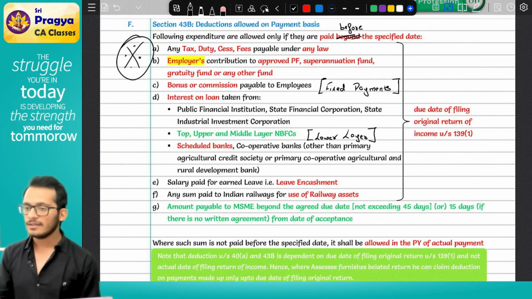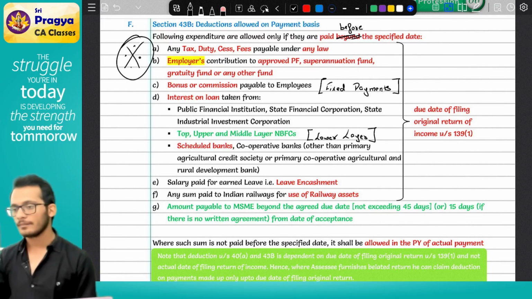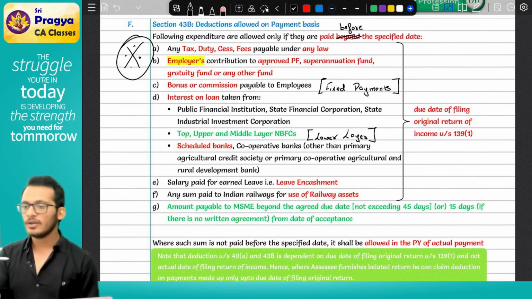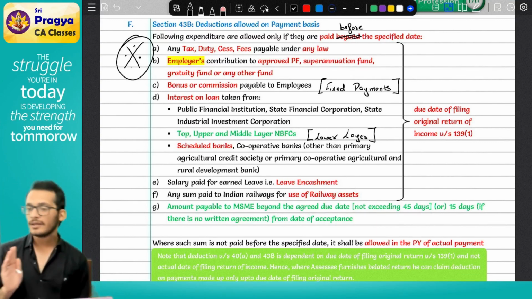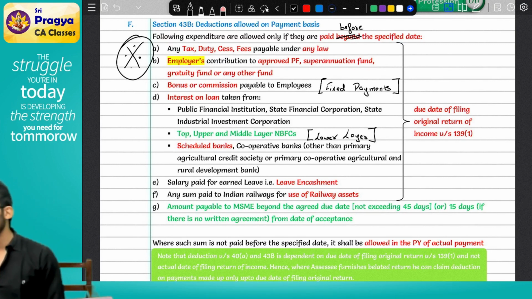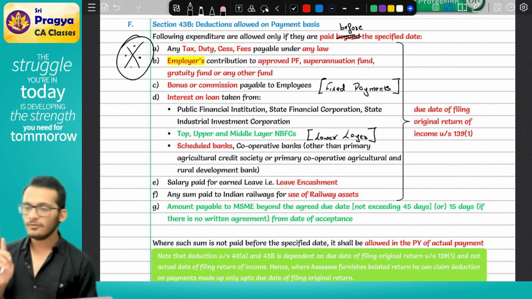Payment will be disallowed. It will go automatically to the next year. You will not have time until the due date of return filing. Yes or no? Yes. So the provisions come and say that Rahul, if you are going to make a payment